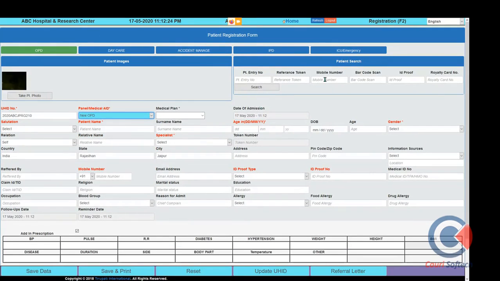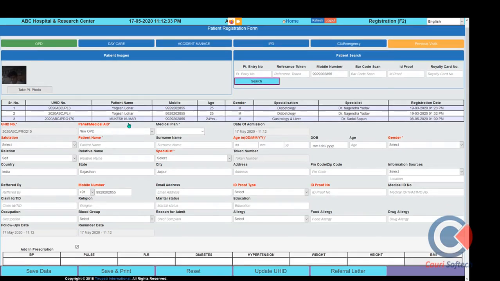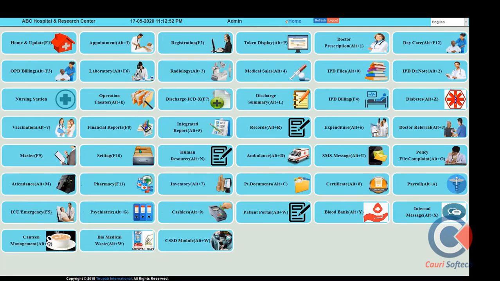You can maintain previous patient data by searching. Let me show you one more searching option. You can see here, if you search any mobile number, the different family members registered with that mobile number will be reflected. You can click on the patient name. The data will be automatically fetched into the respective fields, and you can perform a follow-up visit or revisit, and all the details you can see here. So this is maintained through the reception desk.